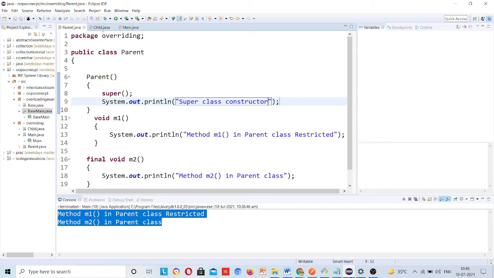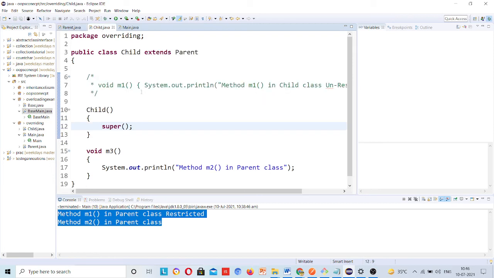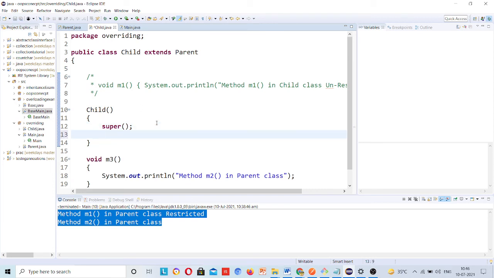And in this class, practice makes a man perfect, this is a very famous line. If you do not practice the code, you will not be able to understand. So here I will write sys out parent class constructor.